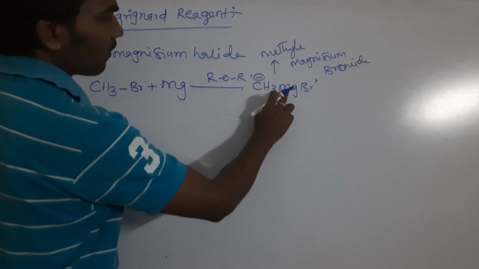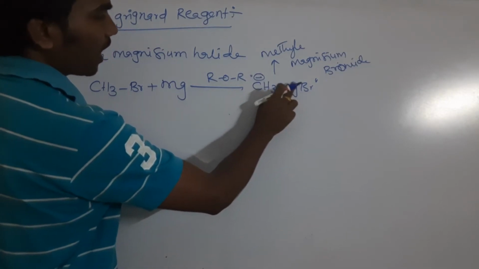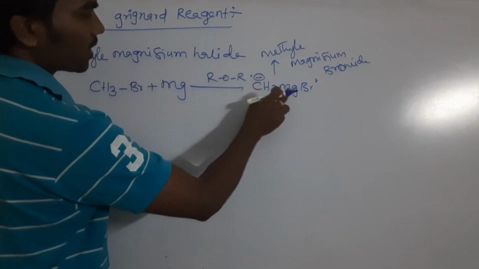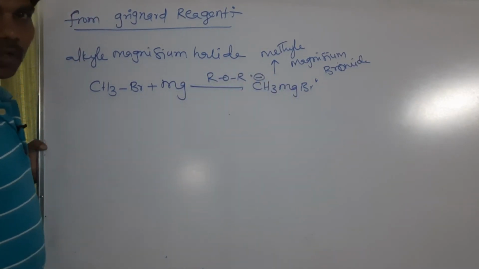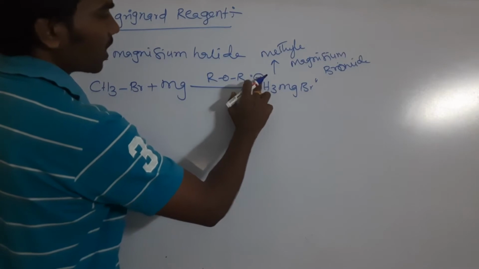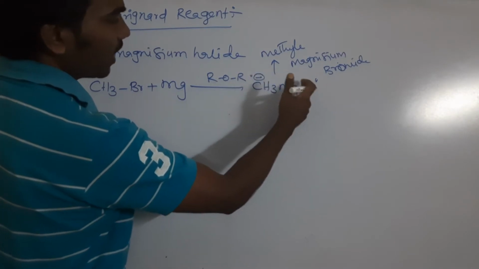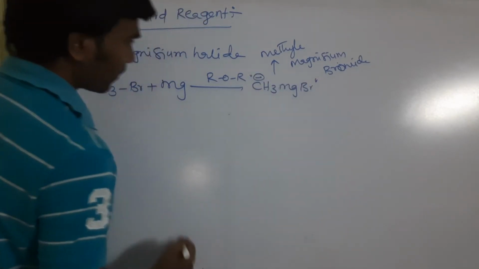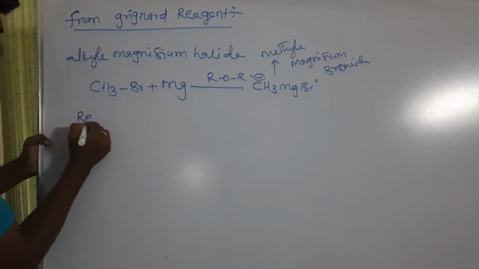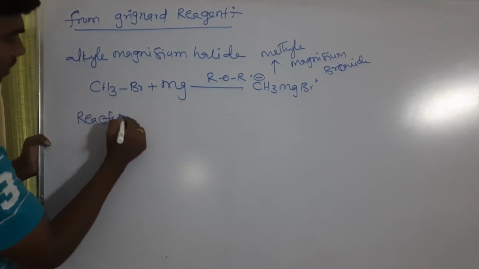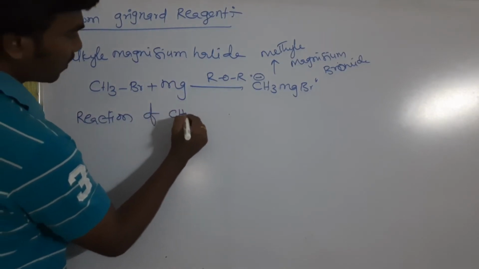Why? Because magnesium is a metal. When carbon is bonded with a metal, the carbon's electronegativity is more compared with the metal. Metals are electropositive, so this carbon will get a negative charge. So, for example, the reaction of Grignard reagent, the reaction of CH3MgBr